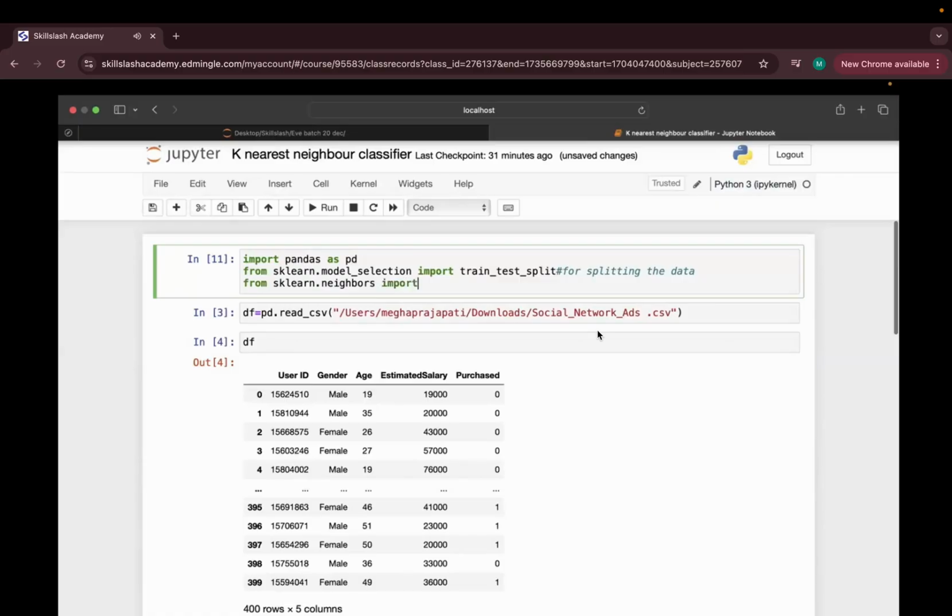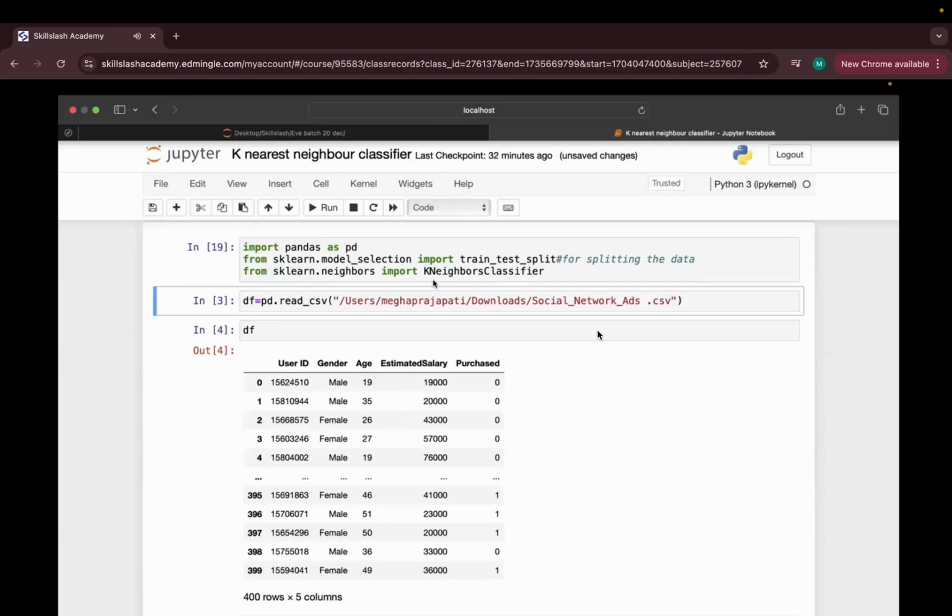import KNeighborsClassifier. Please be cautious because it is case sensitive. Okay. And guys, if you still are not feeling sure, let's say you are missing the spellings or something, just click on the tab. It will give you the recommendation, that which one you want to select. So you can directly select from here.